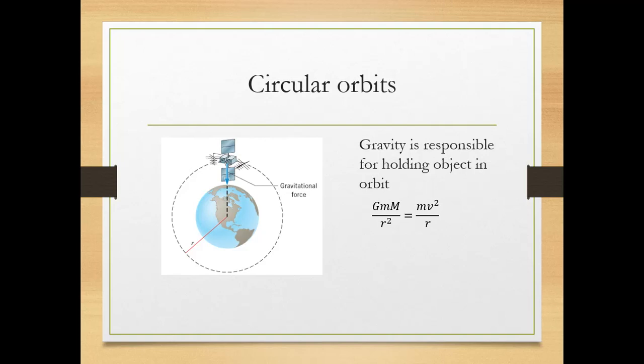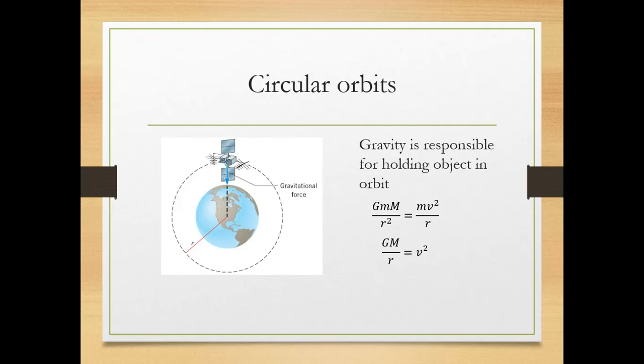Now in this case, the little m is the mass of the satellite or space station here. The big M is the mass of the planet. The capital G is the universal gravitational constant, and r is the radius of that orbit. It's actually measured from the center of the planet, not the surface of the Earth, or the surface of the planet. So if we do some quick algebra, we can divide the mass of the satellite out